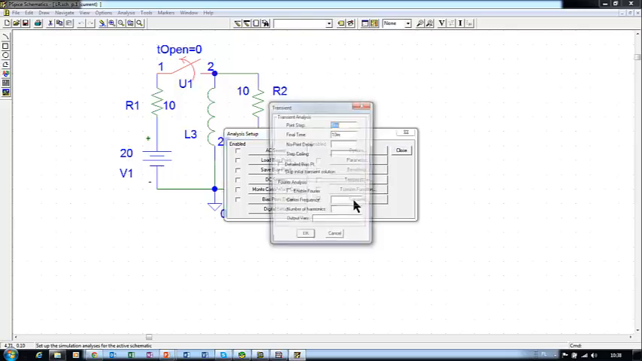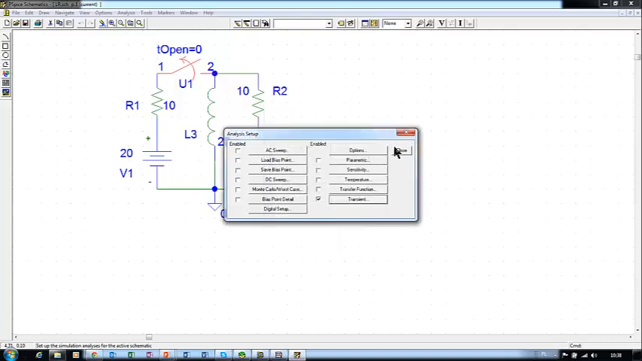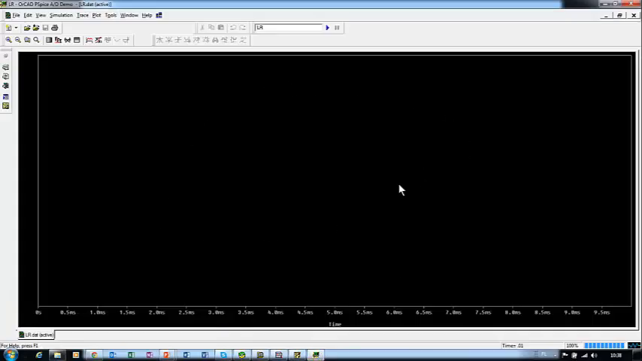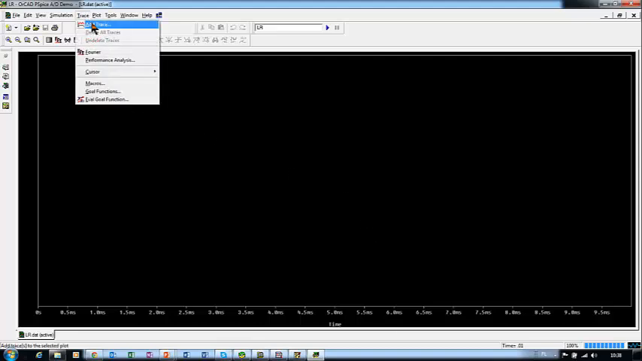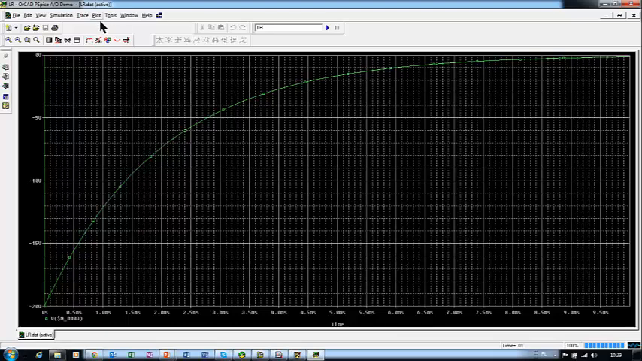Transient analysis setup 10 milliseconds, no need to give any step ceiling here. Okay, we are saving this data, and then we click simulate. Simulation starts and simulation is completed. Now we have a blank window. We have to add traces, trace, add trace. So at first the voltage across a coil, which is V of node number 3, and then we may add another plot,